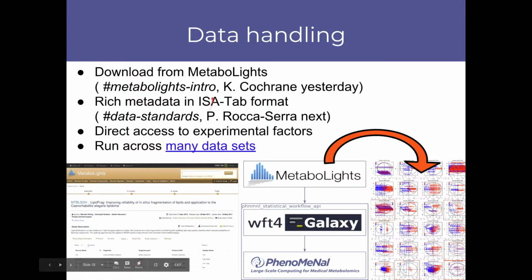And that download then comes with very rich metadata in the ISA-Tab format. And that will also be introduced to you in more detail by Philippe Rocca-Serra. It basically means that we have annotated all our samples with how they were generated and what experimental design factors are associated